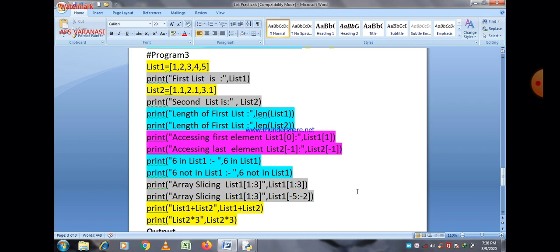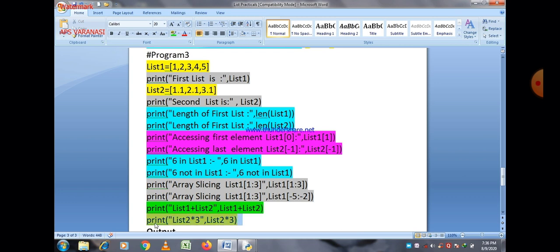Next, there are again two statements, list 1 plus list 2. If you want to add two lists, the lists can be added using the plus operator. So if you define list 1 plus list 2, then the elements of the two lists are added to each other, or we can say concatenated to each other. So there is an operation named concatenation, meaning addition of two lists here. And a second important thing, even if the data types of the two lists are different, they are joined or concatenated using the plus operator.